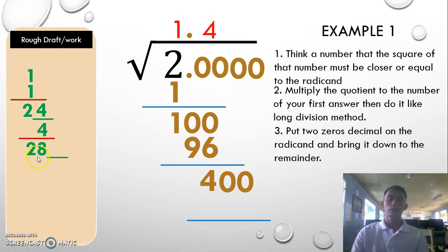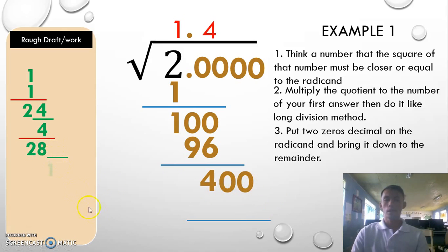Okay, you have 200 something. So think of another number to put here, then you multiply it by this number. So you have 200 something. If you try 2, 282 times 2 is more than 400.